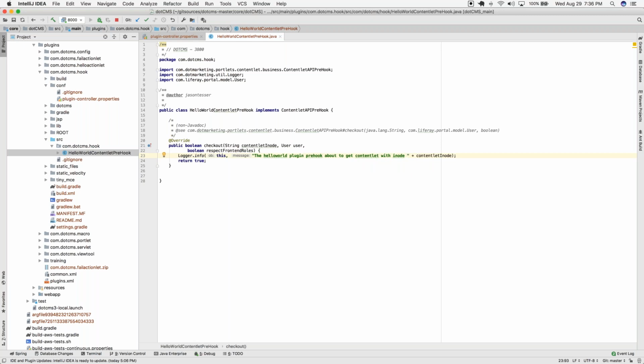It will happen when you check out the content in order to start making modifications to it. One of the important things that we would like to show you is that as part of